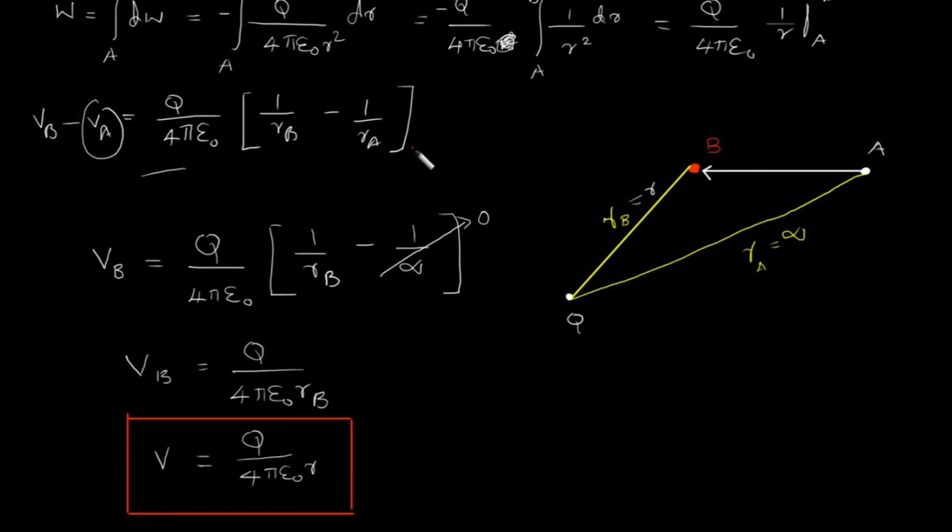So if we can find an expression for the potential difference between 2 points in a field created by Q, that is this expression, then we can extend the idea of this field, that is the potential field, to find what the potential is at a point in a field. So that is given by this expression. I hope the concept of electric scalar potential and potential field is crystal clear.